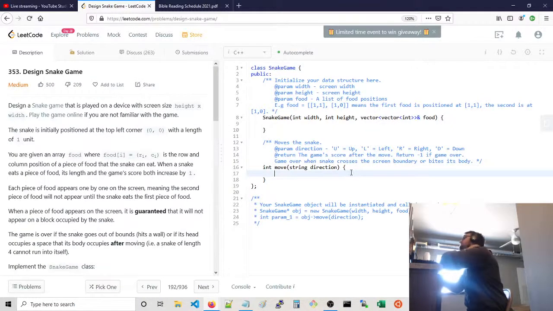Let me see. So there are a couple things here. We want to map the direction to probably delta values. So up, down, left, right would be a set of pairs of values, which would give you the difference in the row and column position of the snake head. And we actually do want to maintain